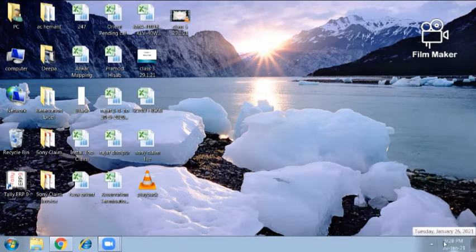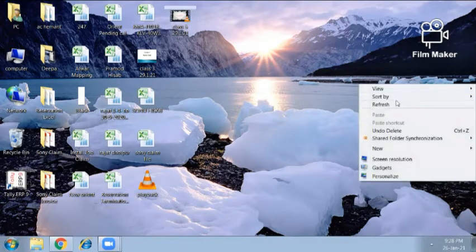You can see that the System tray is showing the current date and time, and on my left hand side is the Start button.